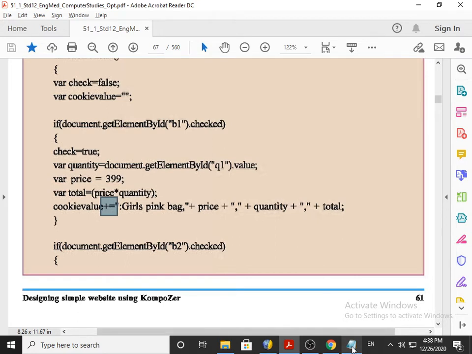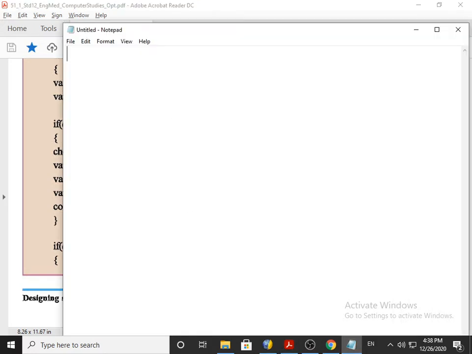Okay, so what you mean by this is, for example, if I say var x is equal to 5, now if I say x is equal to x plus 4, means what? The old value of x was 5, so here x means 5 plus 4, so it becomes 9. So now the value of x is 9. This same sentence you can write this way also, x plus equal to 5. Okay, clear? Or 4 we can say, fine.